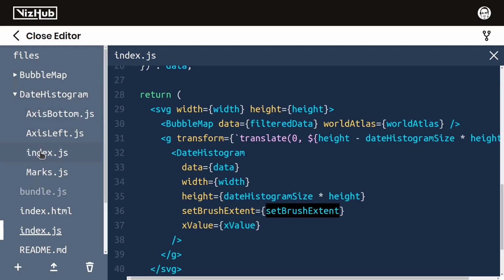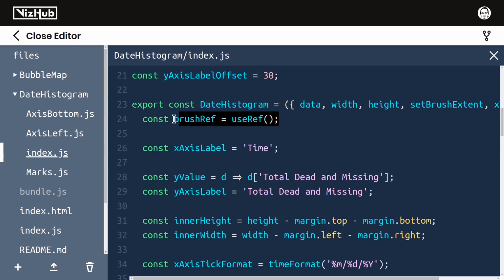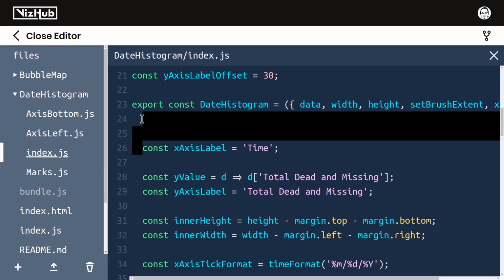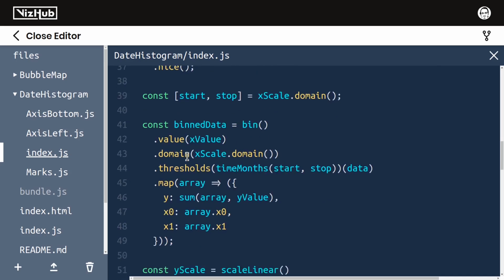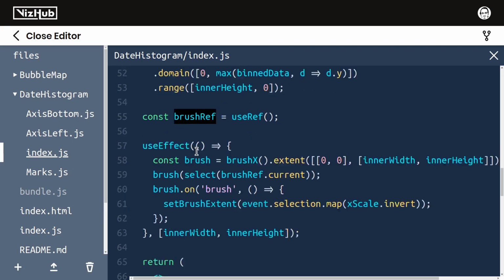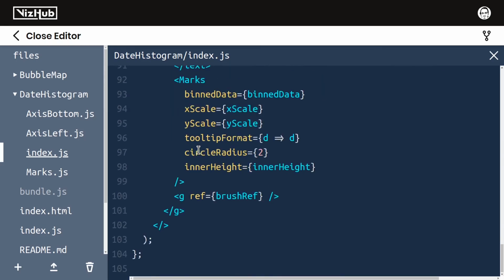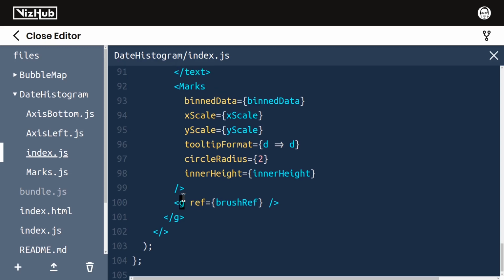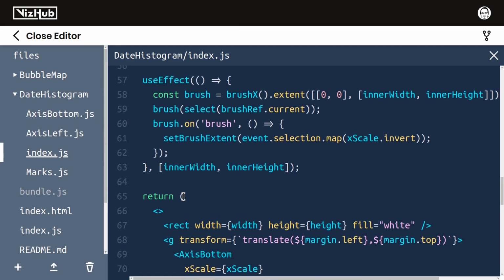Inside of our data histogram, index.js, we're setting up a React ref called brush ref. And I think I'll just move this down closer to that logic related to the rest of the brushing stuff. So we're setting up this brush ref, and then when we render this group element that comes at the bottom of everything, putting it above everything else in the Z order, we're passing brush ref in as the ref prop for this group element. Because we're passing in the ref like this, after React renders this group element, the raw DOM element is exposed to us at